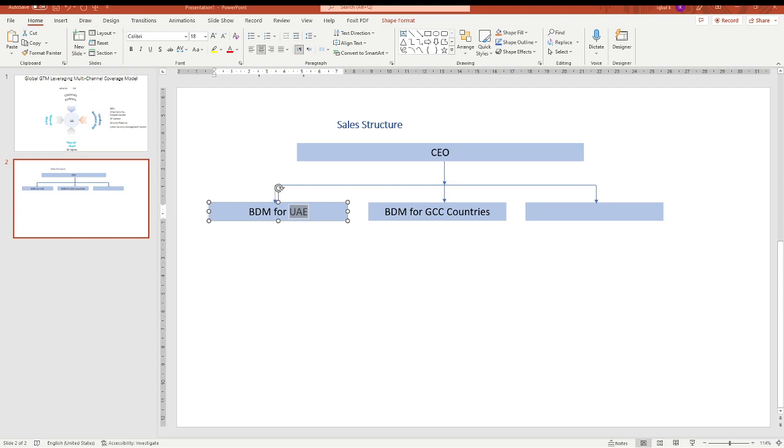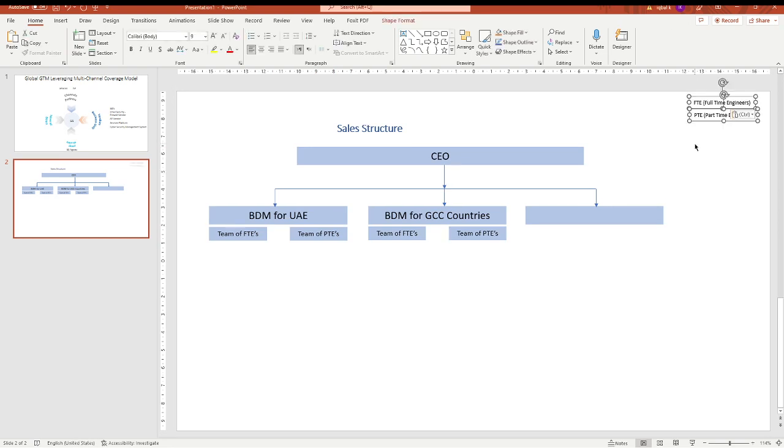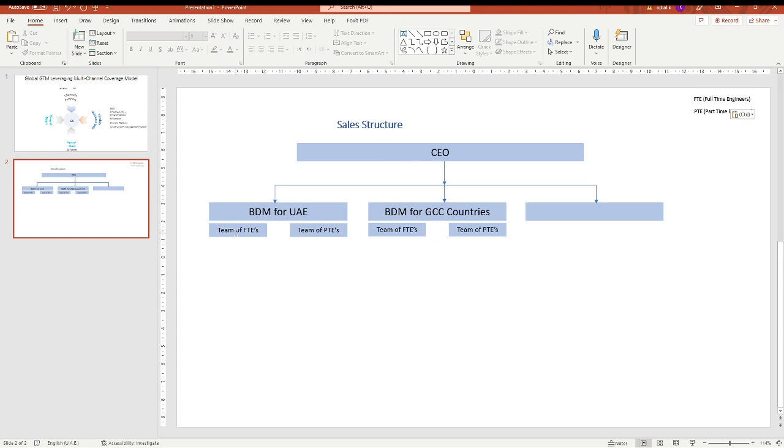For example, most of the companies rely on temporary or permanent staff. If you have a group of people who are permanent staff, those could be the full-time engineers or full-time sales leads. If you are in the habit of having people who are also working part-time, you could refer to them as the PTEs as well.